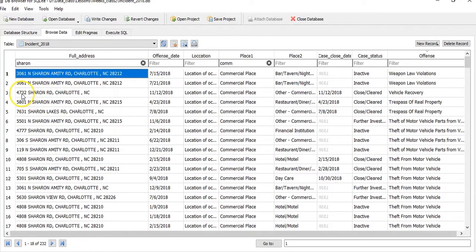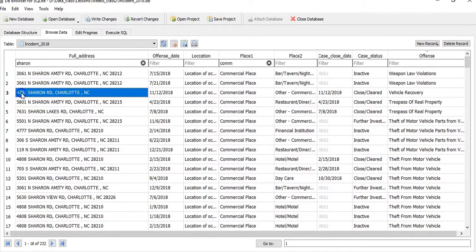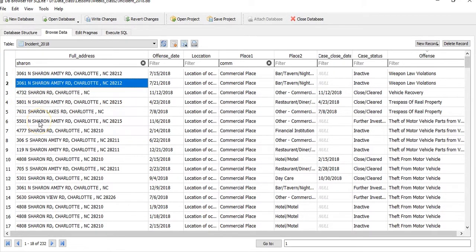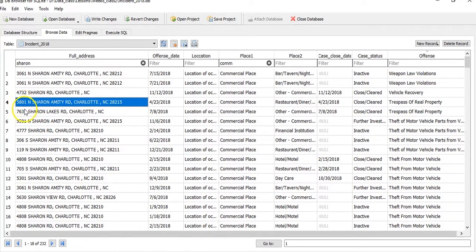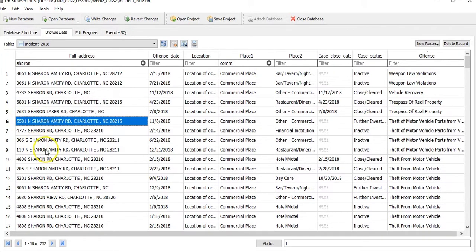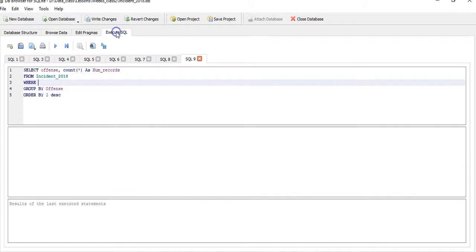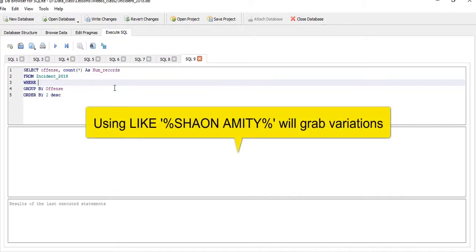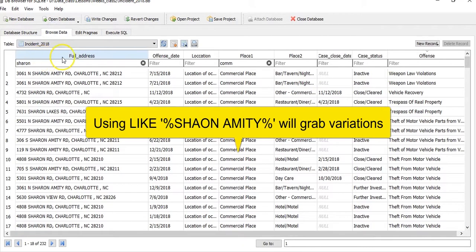But look, you have 4732 Sharon Amity, 3061 Sharon Amity, 5801 Sharon Amity, 5501. So we're going to have to use the like line, where full address,